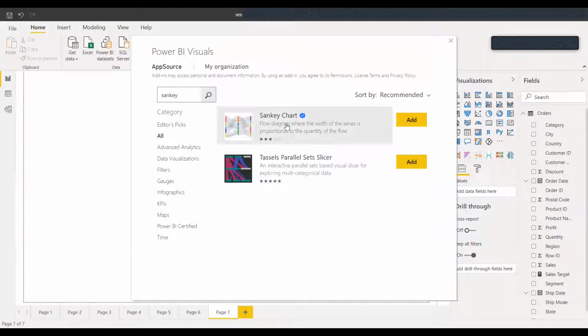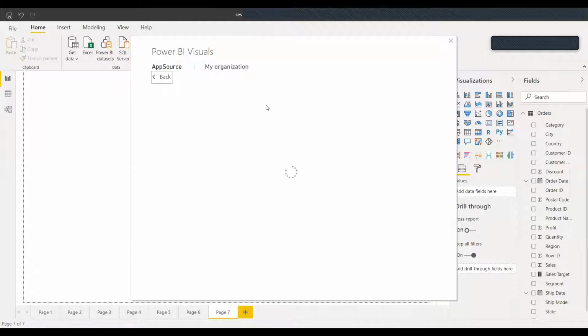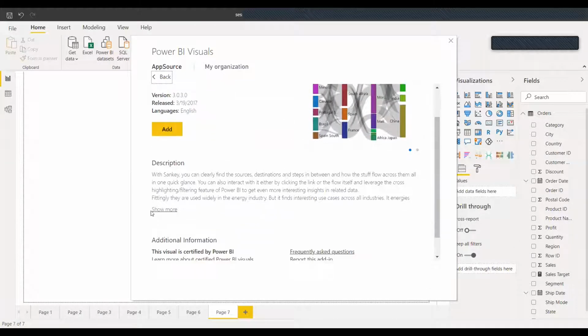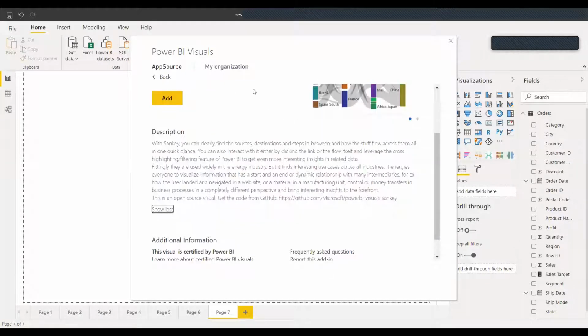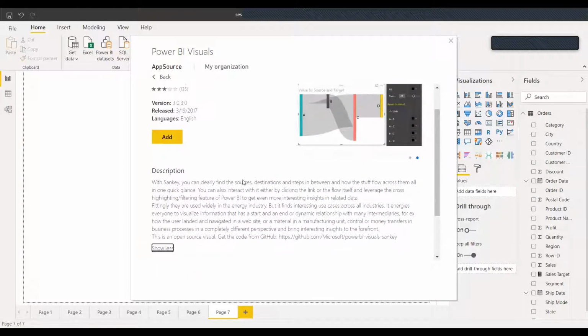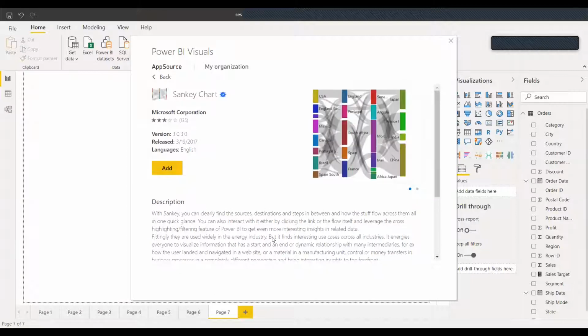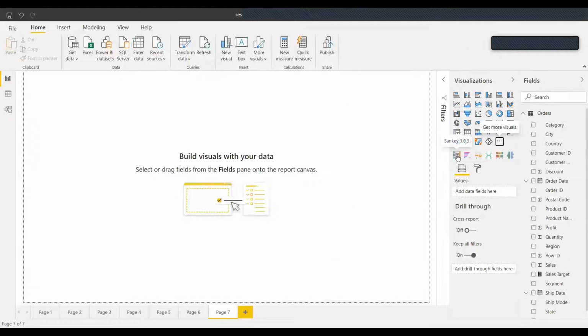This is the Sankey chart, and this is the other Sankey chart, but we'll go with this. If you click on this, it will give you a description of this chart. If you have time, you can go through the description. Basically, it will tell how this chart can be used and what the purpose of this chart is. If you click add, it will get added. I have already added this chart. It's here.